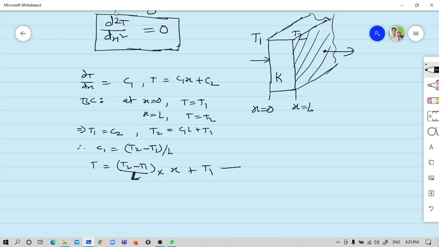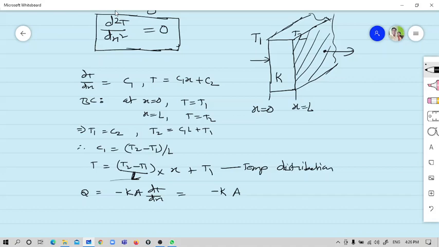Now, if you know this temperature distribution equation, you can find out the value of heat transfer rate also. So for this particular example, let us suppose Q is the rate of heat transfer, then it will be given by Q equal to minus K into A into dT by dx. This is the formula, isn't it? So this will be equal to minus of K into area A. Let us suppose this cross sectional area is A, into dT by dx. Now we have here already T given, so you can find out dT by dx, isn't it?